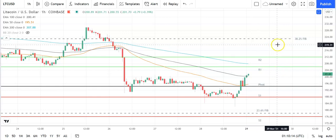In the event of a breakout, got 38.2% fib at 223 to cap the upside on the day. Second major resistance level sits at 212. Fall through the pivot will bring the first major support level at 188 into play. Barring an extended sell-off on the day, Litecoin should avoid the 23.6% fib at 178 and the second major support